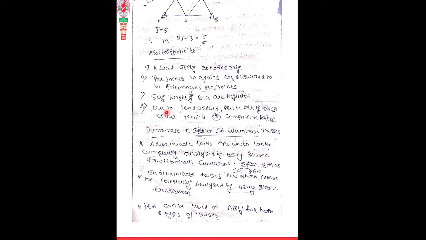Again, in trusses, there are two types of problem we are considering. In a structure, there are two types of structure: one is called determinate structure, one is called indeterminate structure. With respect to trusses, determinate and indeterminate, both are opposite words. So determinate problems, indeterminate problems. Anyone heard about this word, determinate and indeterminate? You people heard it or not? Determinate and indeterminate problems or structures.